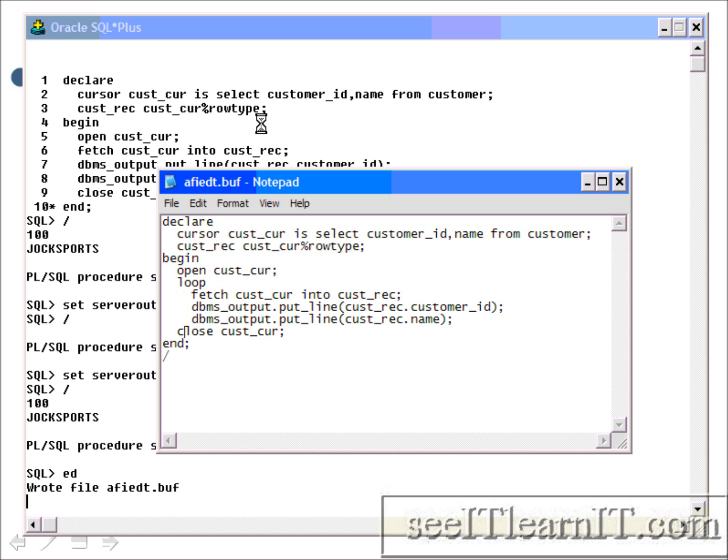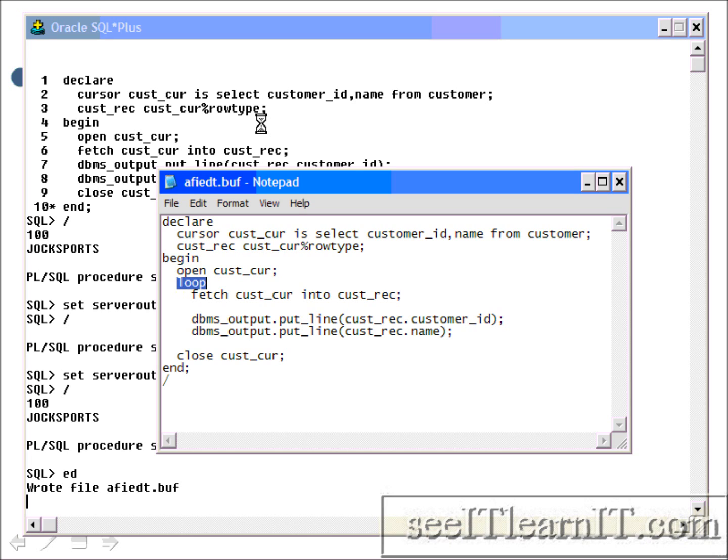What is a loop going to do? Well, in this loop, we are going to process every single row of data until there are no more rows in the cursor. And the way we do that is by including the word loop after the cursor has been opened. We use the fetch statement to fetch the data to the cursor, and we add one more line of code, which is going to be the exit when. And we're going to say exit when the cursor does not have any data in it anymore. The cur percent not found,